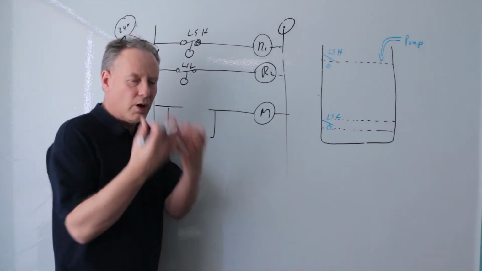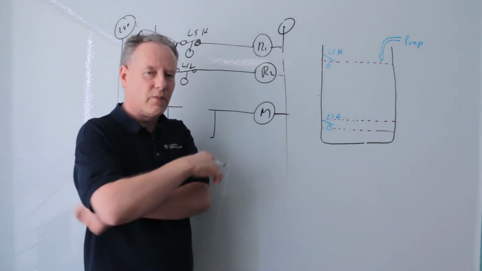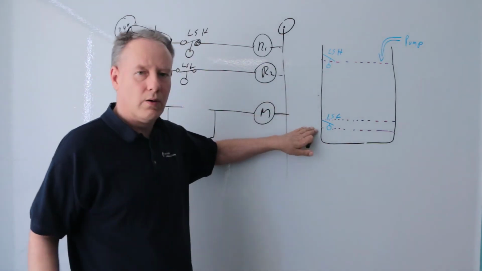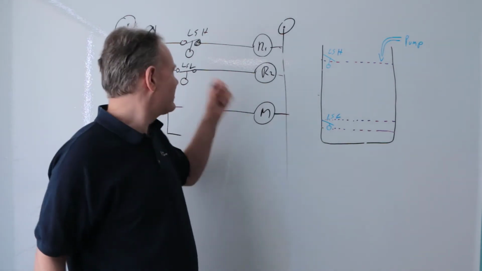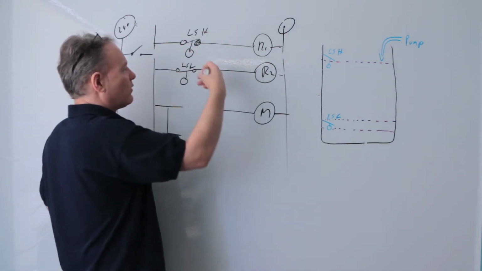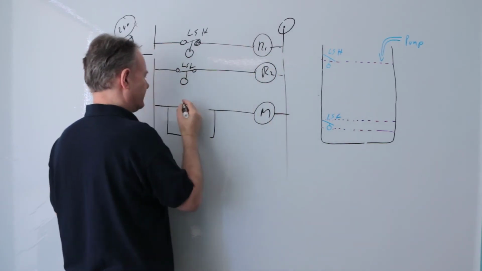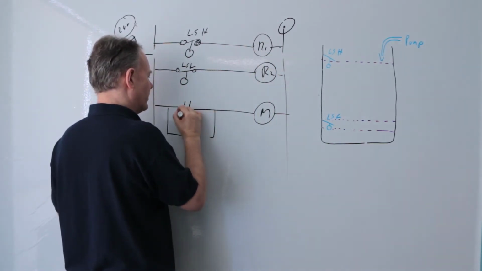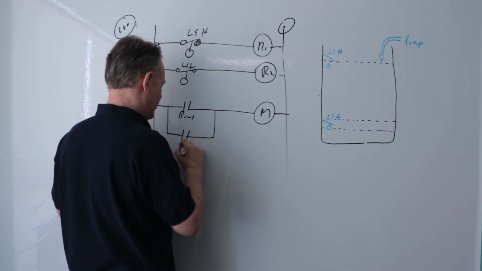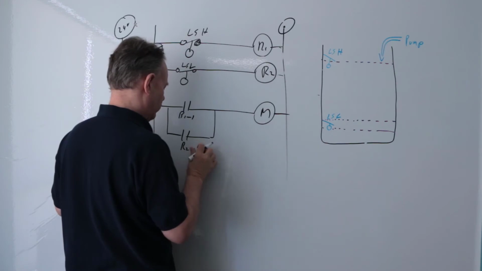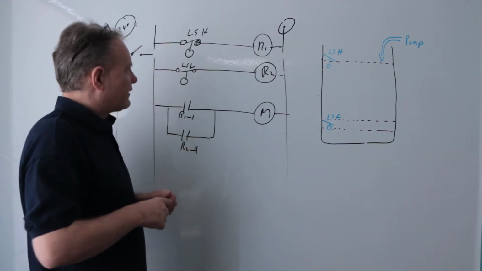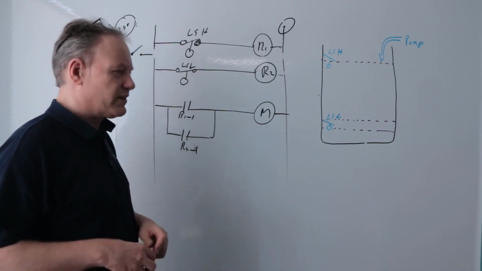Well, when do I want the signal? When do I want that? What event makes the motor turn on? Well, the event is when this gets low. Okay? When this gets low, what does this thing do? It closes. So, when the liquid is low, this will energize. I'm going to use a normally open. So that's my R1-1. And this guy is going to be my R2-1. Okay, good. So, I've got the same logic, but I've also got this thing where I've got to add